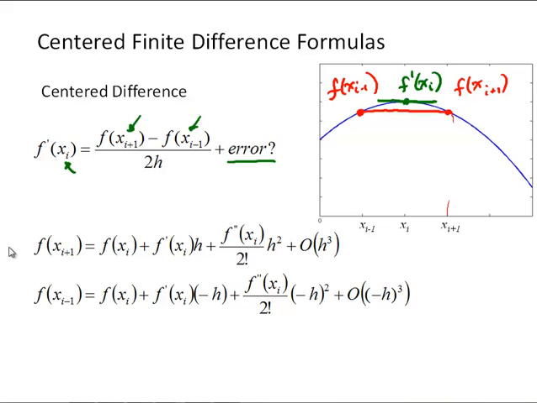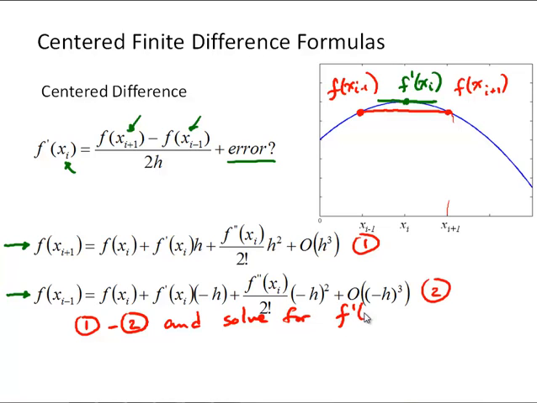So here's the Taylor series expansion for f of x_{i+1} and the Taylor series expansion for f of x_{i-1}. And if we call this equation 1 and this equation 2, what we'll do is subtract equation 2 from equation 1 and solve for f prime at x_i, and what we get is f prime at x_i is equal to, so if you imagine doing this,